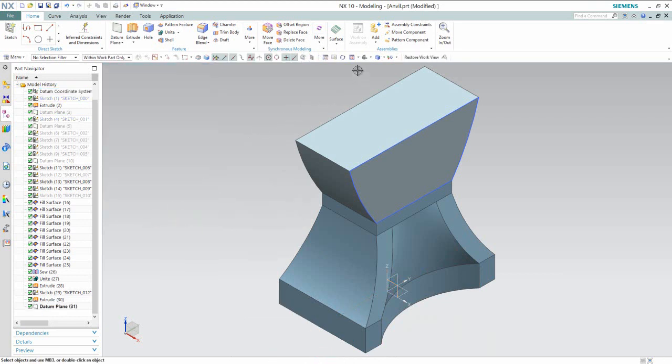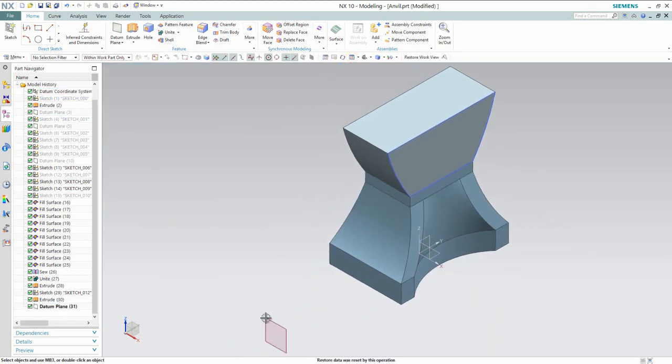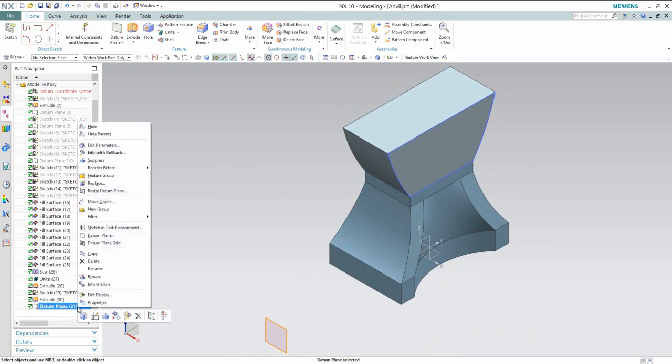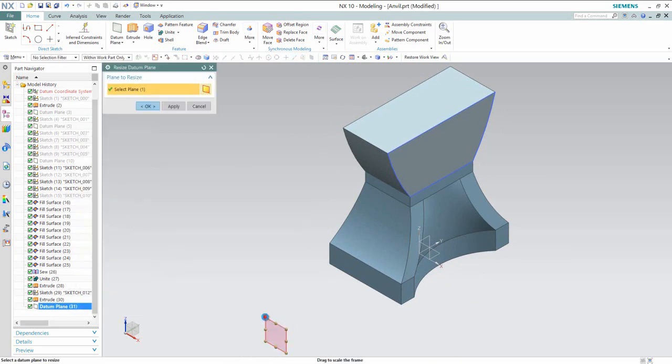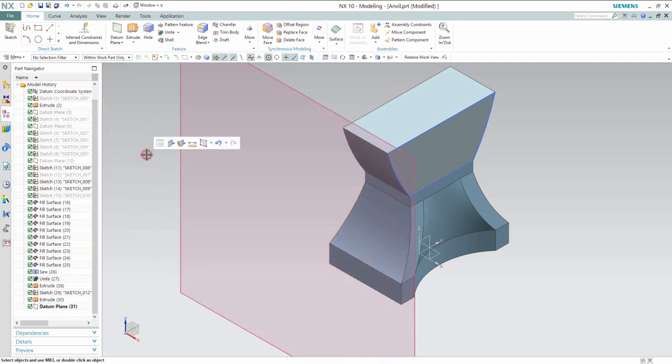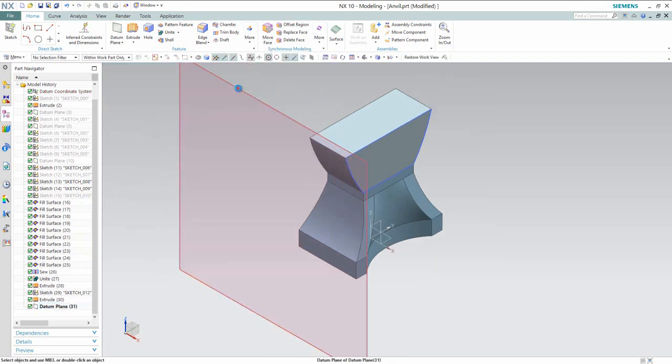Now see the result. My plane is created. Drag the plane from these endpoints to resize the plane. OK, that's it. And create a new sketch on this plane.